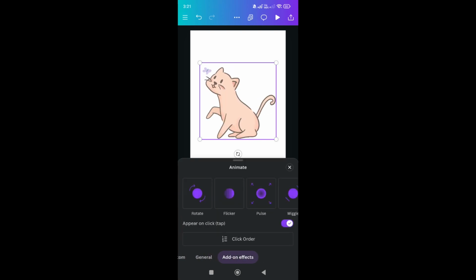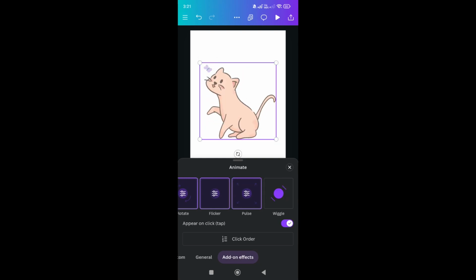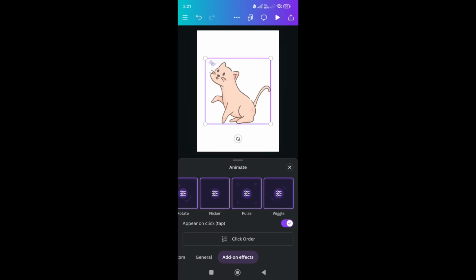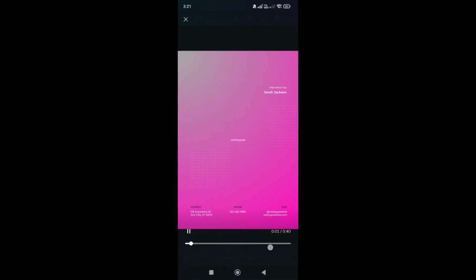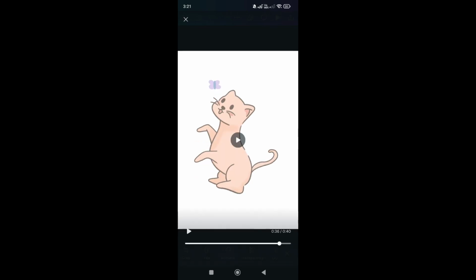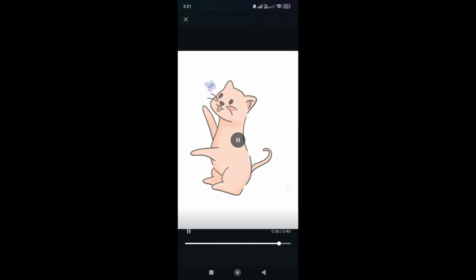Okay. You can also add on effects like rotate, flicker, pulse, wiggle. Wiggle is good. Now go on top and click on this play button and you can see the animation. Just wait a minute. As you can see,